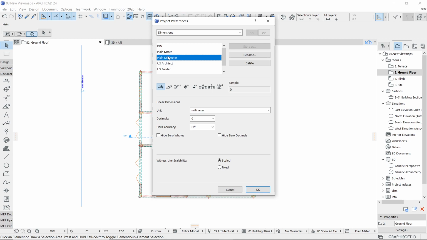Now I'm just going to say okay, but prior to that you can check that plane millimeter was the option which is selected. If in case it is not available with you, please try to design this by giving an appropriate name as a style name, which you can give later, not in the beginning, because if you change something over here, for example, now you can check out, this is supposed to be my first page, which is linear dimensioning.